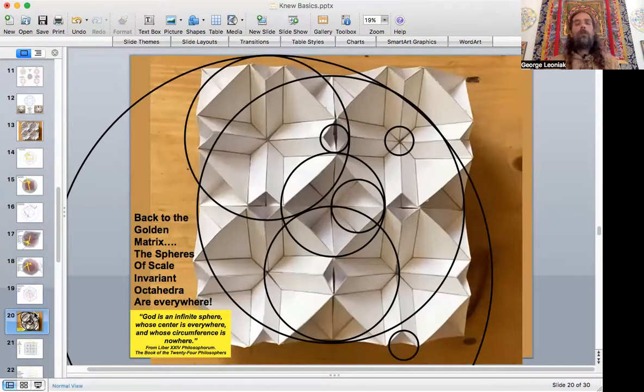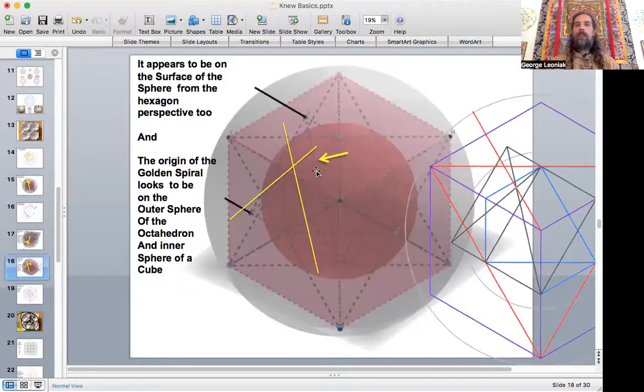Okay, so let's go and look at this. We're going to change it up a little bit because I want to take that information and place it into the golden matrix and really just show how many different circles of octahedron are in here. And I want you to visualize in your mind as best you can any point on any of these octahedra, because basically what I'm saying in all this is that on the surface of a sphere that is around an octahedron, like this one, and here's your octahedron in a sphere,